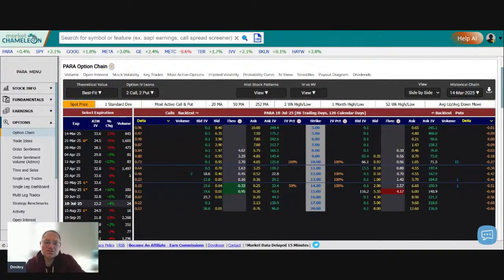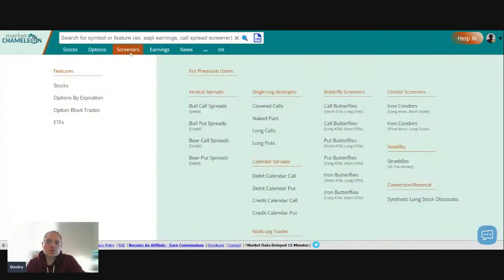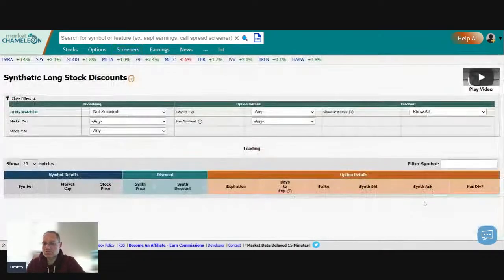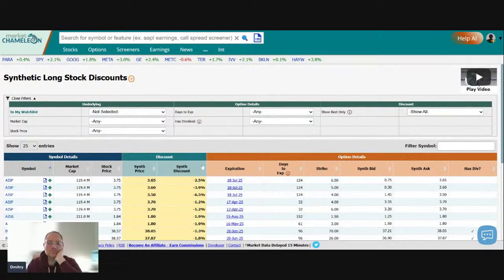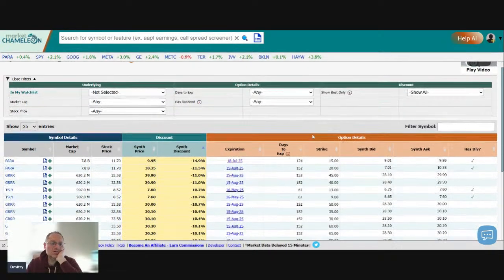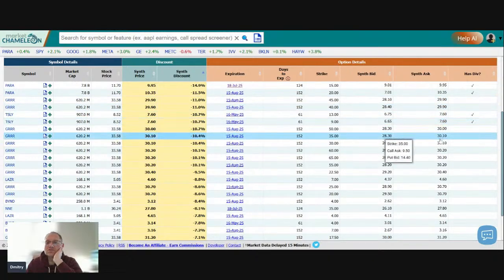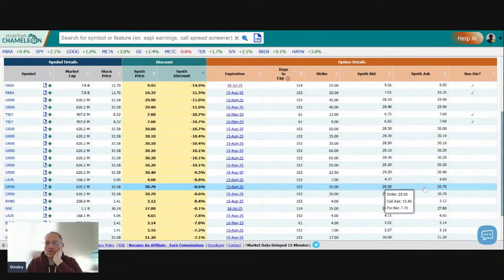Let's look at something that's a little bit more narrow. I think this just is not a good example because the markets themselves are wide. You can see the 12 put, it's 10 cents bid offered at $4.55. So I don't think that's a good example to look at. Let's pick a different one. So I'm going to go back to the synthetic long discount. Let's see if I can find a market that's a little bit